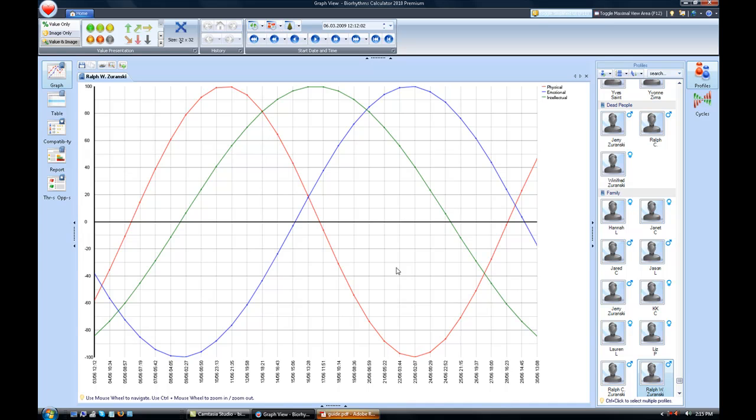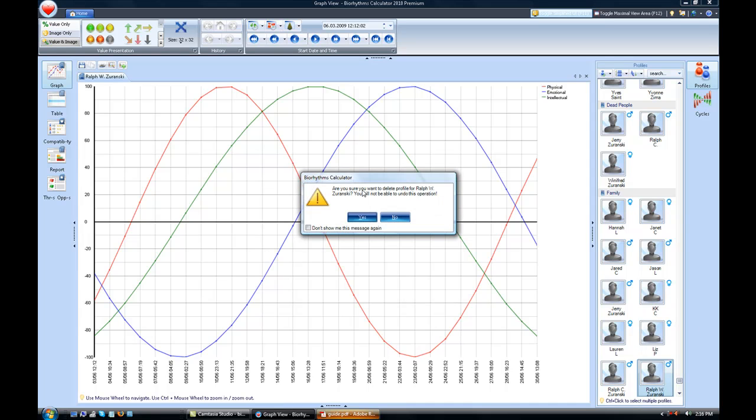And so it's important to know that you can do that, and the best way to do that is to go to the profile that you want to edit and right click on it, and I'm going to set my profile of Ralph Zaransky as the default. So when I set that, when I open up the program initially every time, that's going to be the default file that shows up, and so my name and information will always be there.